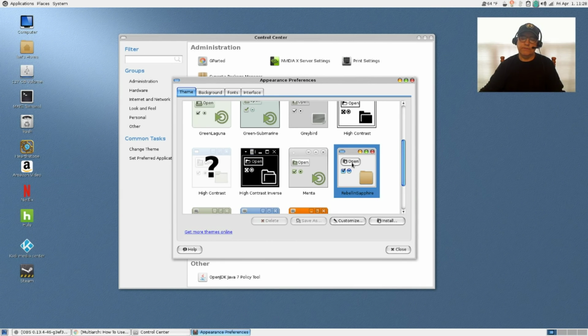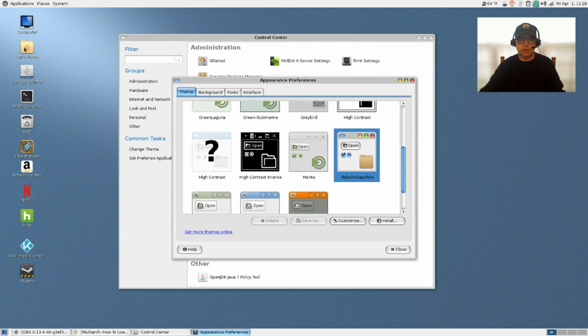I did a video a few days ago on Rebellin Linux. It was a Debian distribution based on unstable, and I had some issues with it. But one of the things I was able to do is copy the theme that they use, which I really liked. It's nice and clean, and so I'm using Rebellin Sapphire theme, and I'm using my standard Fienza icons.